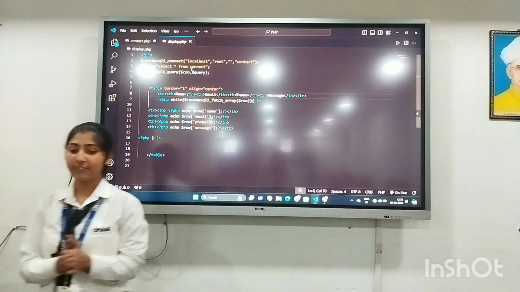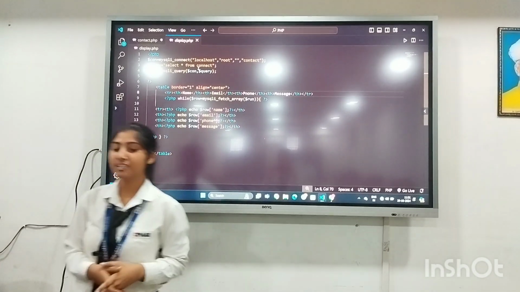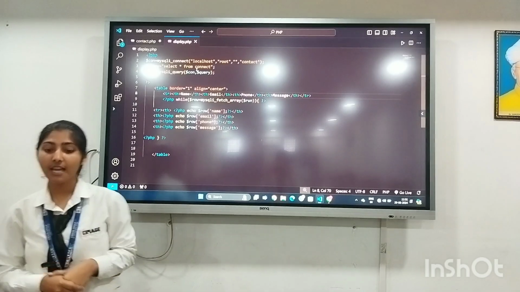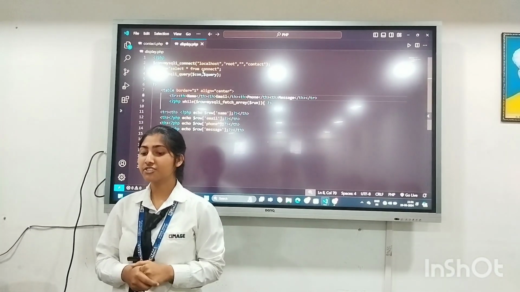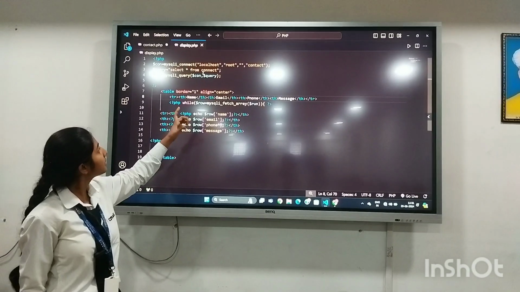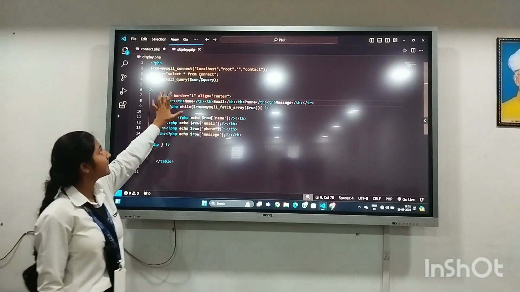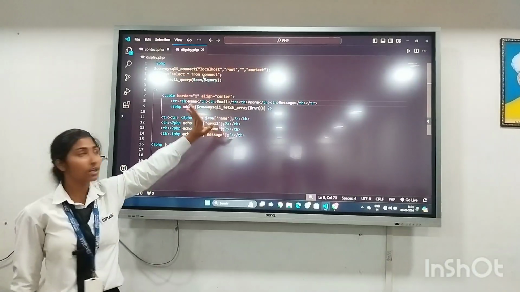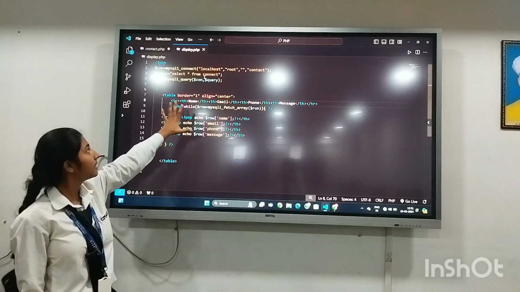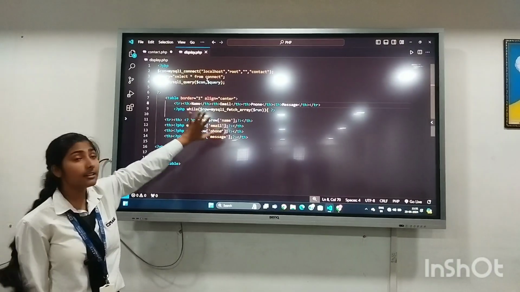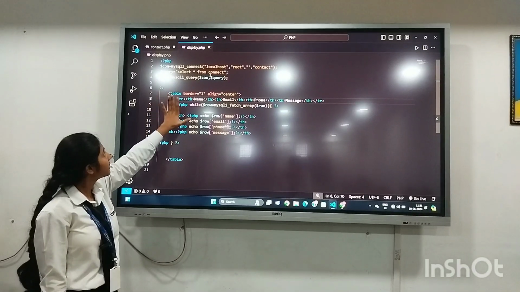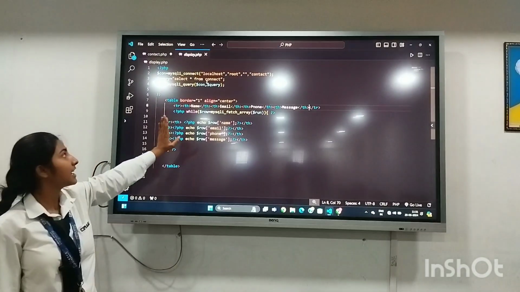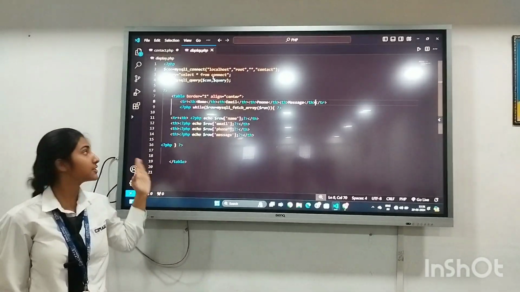So here, first I have taken a variable con in which the MySQLi connect function is used, and after that I have declared a query variable in which select asterisk from connect is written. It means that it selects all the columns of the connect table, all the data from the columns of the connect table. After that, I have declared a run variable in which the MySQLi query function is used.